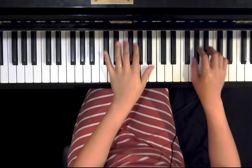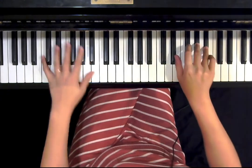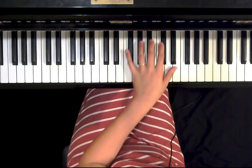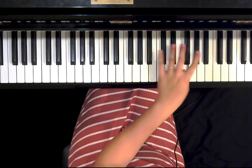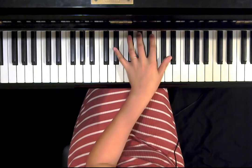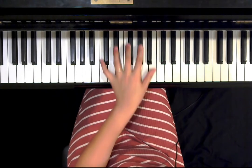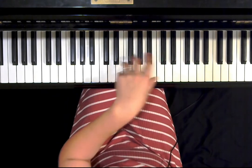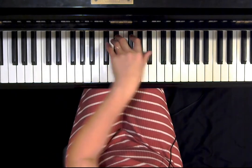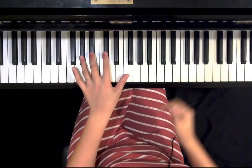So all of these patterns, find a fingering that works. I'd like to use the same fingering if it works for a while, and then change it if you need to. Okay. I guess I'm talking a lot about the left hand